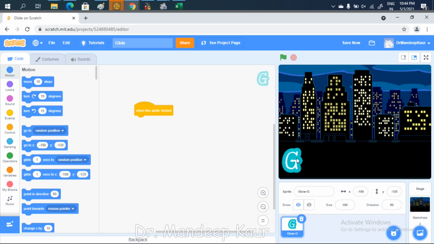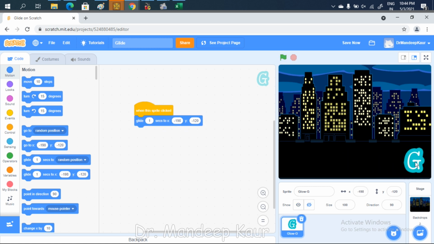I'm just having this here like this. Now I want the end position. My end position is something here. So my new coordinates are 188 and 120.